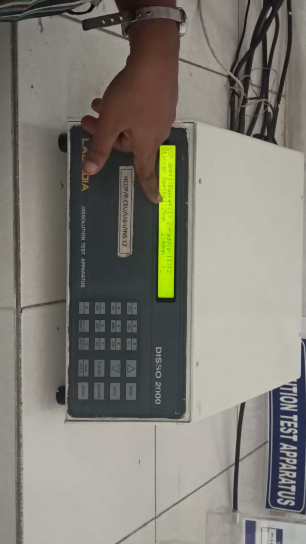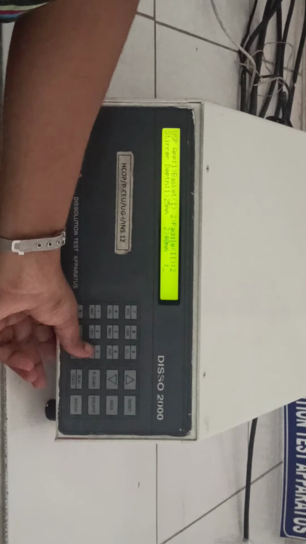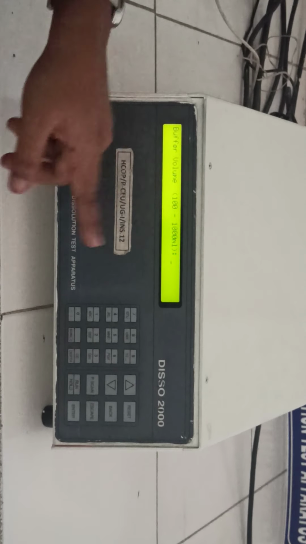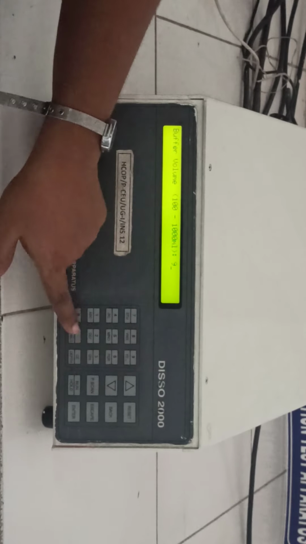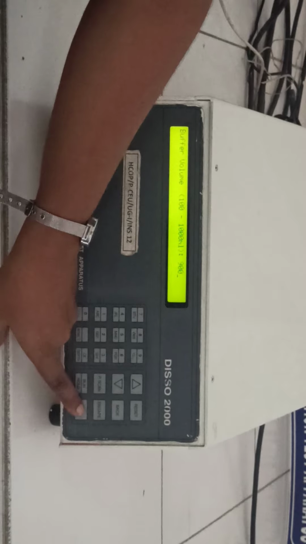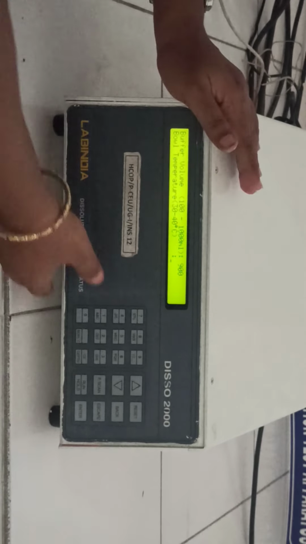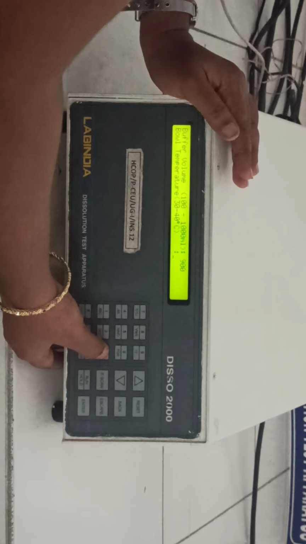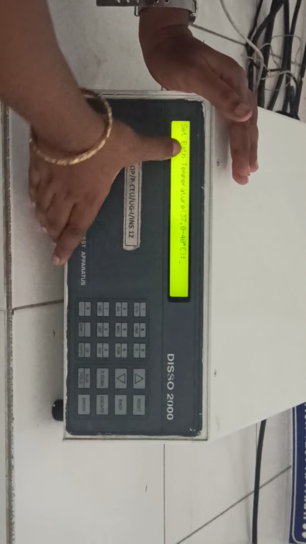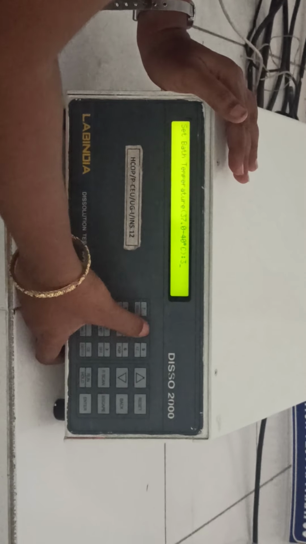Next, stirrer depth. So it is manual. Always we are using manual, that is 2. And buffer volume. So all the parameters for dissolution we need to enter. Dissolution volume is 900 ml. Next, bowl temperature. Bowl temperature we can set to 37 degrees centigrade. Next, bath temperature. So it is somewhat higher, maybe 38.